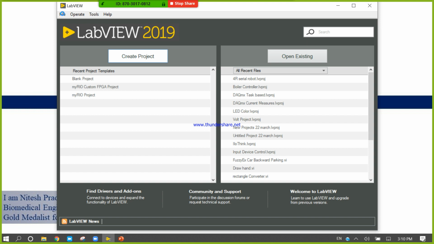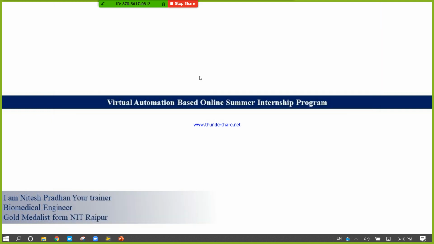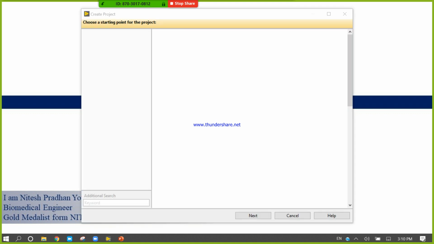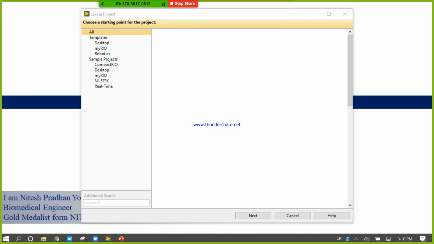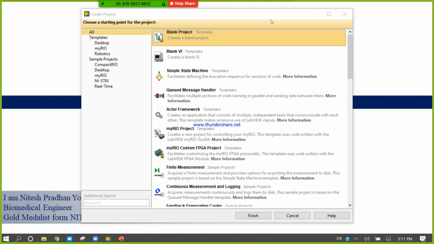Or you can click on File, then you will find create project. Click on create project. If you click on create project, you will find this create project window.